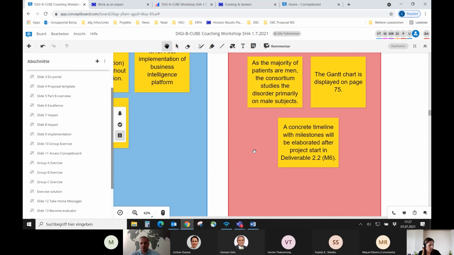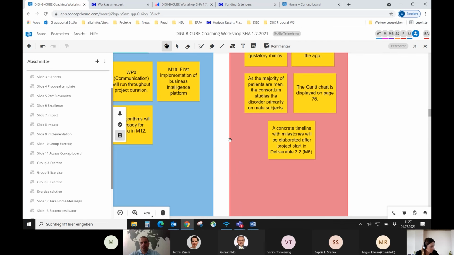No, because a concrete timeline has to be already part of your implementation chapter in the proposal, and to deliver it during the project would be too late. So this is kind of the solution of the exercise. And